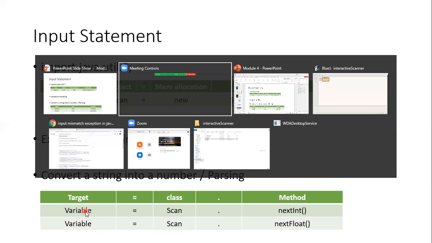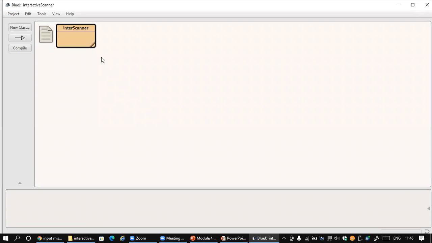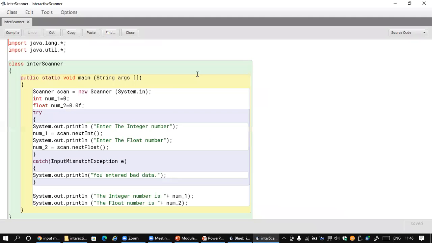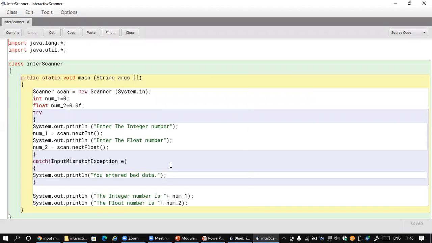Now when I come to the program part of this, here I use the BlueJ compiler, and this is the class that I have created. When I open the class, I can see the program that is written over here. If you look at the details presented here, the first statement is the language package. We are importing the language package from the Java directory, so we use the first import statement. Because we use some basic constructs, the default language package is being used.